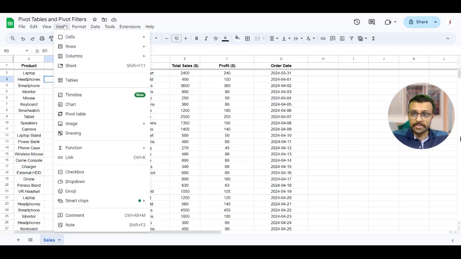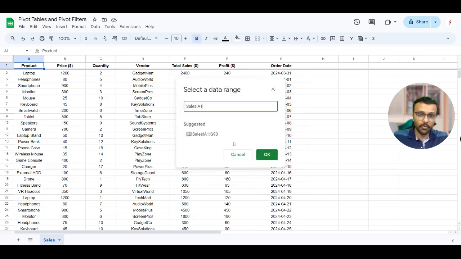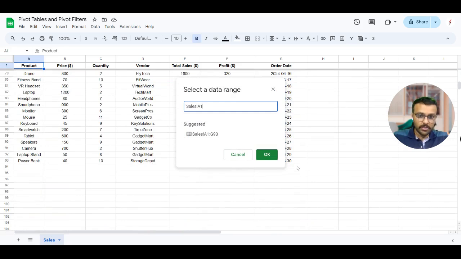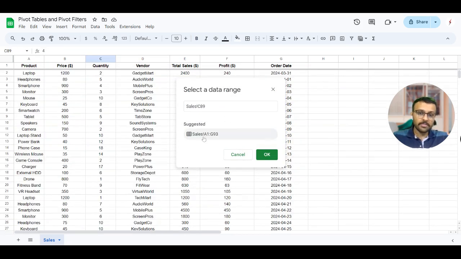You basically go to insert and after that you select pivot table over here. Now this is the data range which consists of all the data. Either you can select the specific data range, for example, the sales exclamation mark refers to this subsheet, sales, and after this exclamation mark, this refers to the total data range from A1 all the way down till G93, right? I would, however, recommend instead. See, Google Sheets is smart enough to suggest interesting things, but